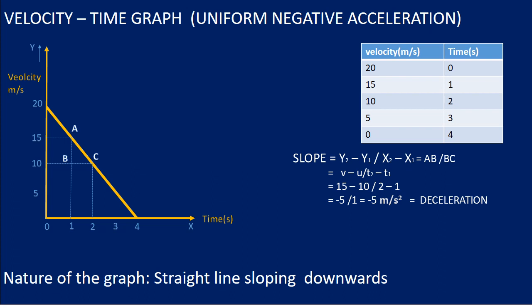So children, what we have to do, from 1 and 2 we are drawing two perpendiculars that meet the graph at the points A and C, and taking the y values, that is v1 and v2, or initial velocity and final velocity, and the two values on the x-axis that represent time, the slope will be y-intercept by x-intercept, that is final velocity minus initial velocity by the time interval. So 15 minus 10 by 2 minus 1, and the answer you will get is minus 5 meter per second square, or the deceleration is 5 meter per second square. So what is the nature of the graph, children, here? Yes, since it is undergoing deceleration, the graph is sloping downward. Hope it is clear, children.